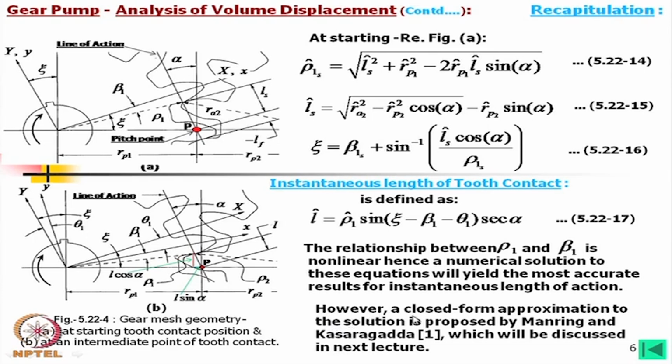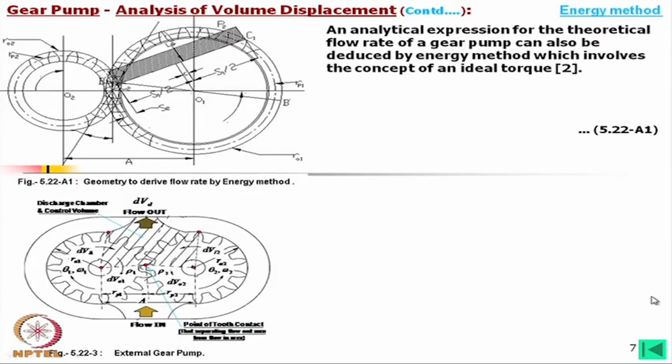But recently Manring and his co-author Kasargada have proposed a closed form solution. Now, to arrive at such closed form solutions, first of all we have to consider all contact points, but before that I would like to mention, in the methods which we have discussed so far, what we have done,